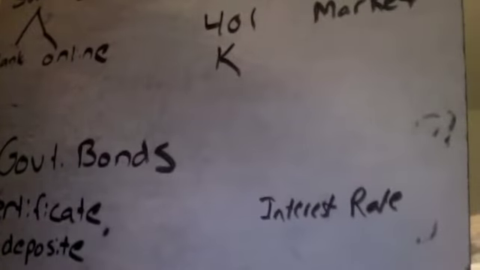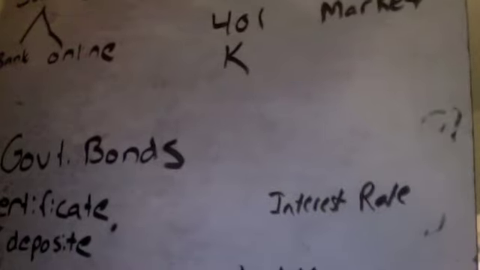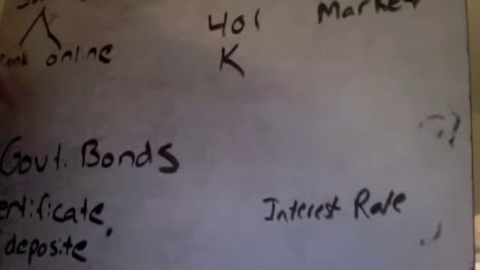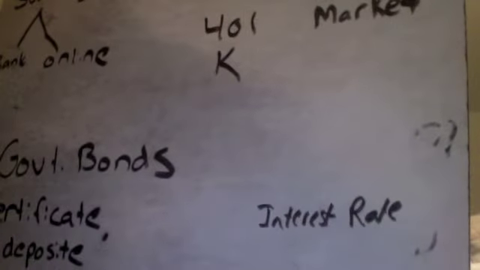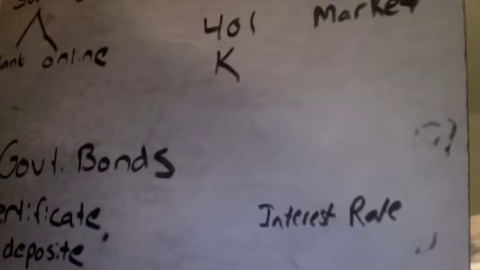And then interest rate. I basically talked about fixed or varied. This is going to come into play a lot when we talk about loans and things like that. For an interest rate, fixed just means that you know what you're going to get. If I go up to the bank and they say that my interest rate is 1.5%, I know I'm getting 1.5%. If I buy some kind of a stock, the stock could go up by 20%, it could go down by 15%. That's the interest rate, how much you're actually going to make.